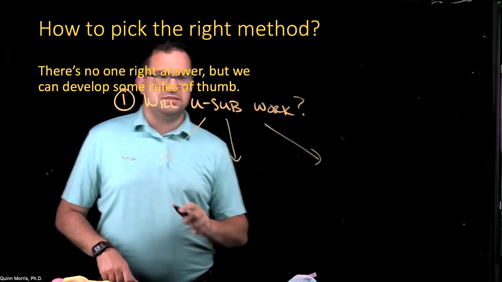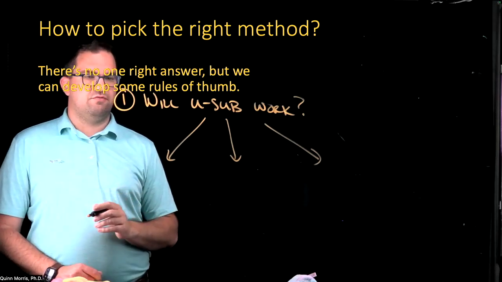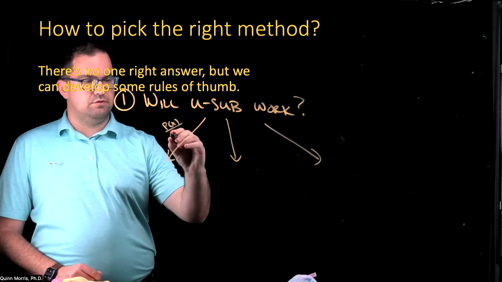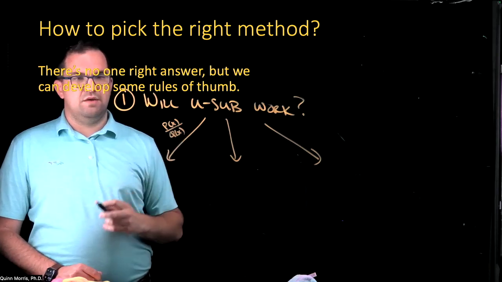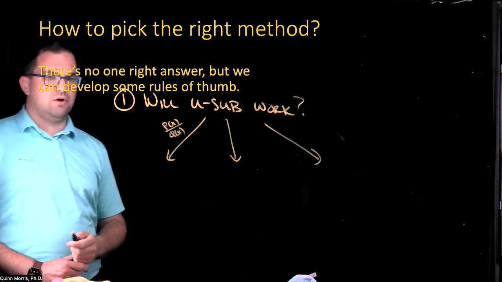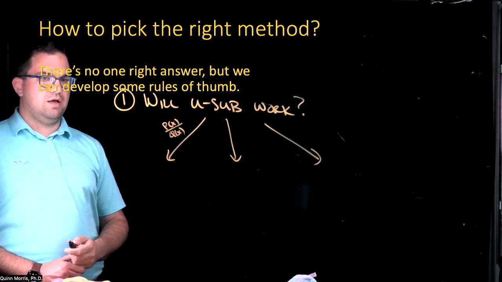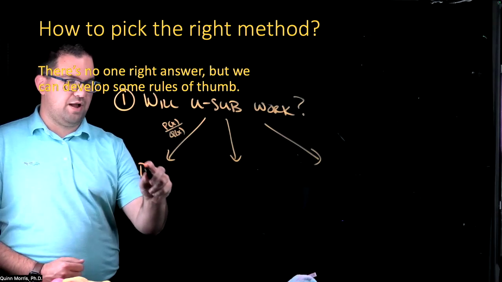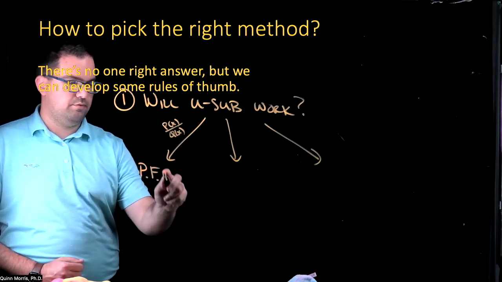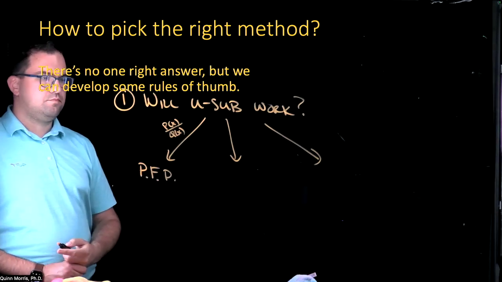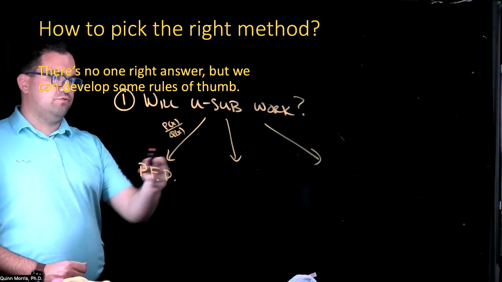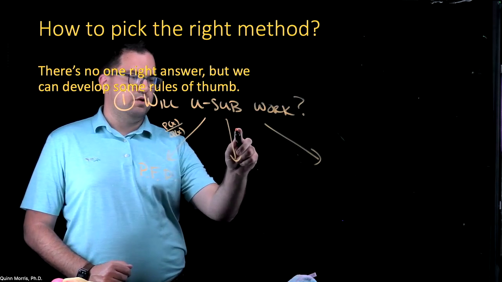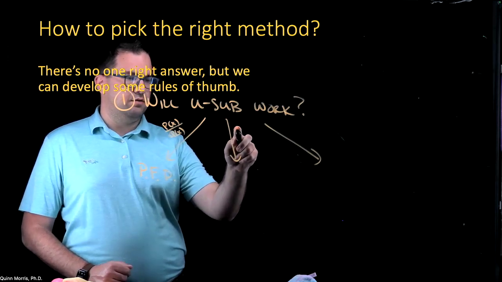Okay. And essentially, I'm going to think about doing this in the following way. I'm going to ask myself, well, is it a rational function? Okay. If u substitution won't work and it's a rational function, I might then wonder if partial fractions decomposition would help. If it's a rational function and partial fractions decomposition isn't going to help, I might ask myself, do I see